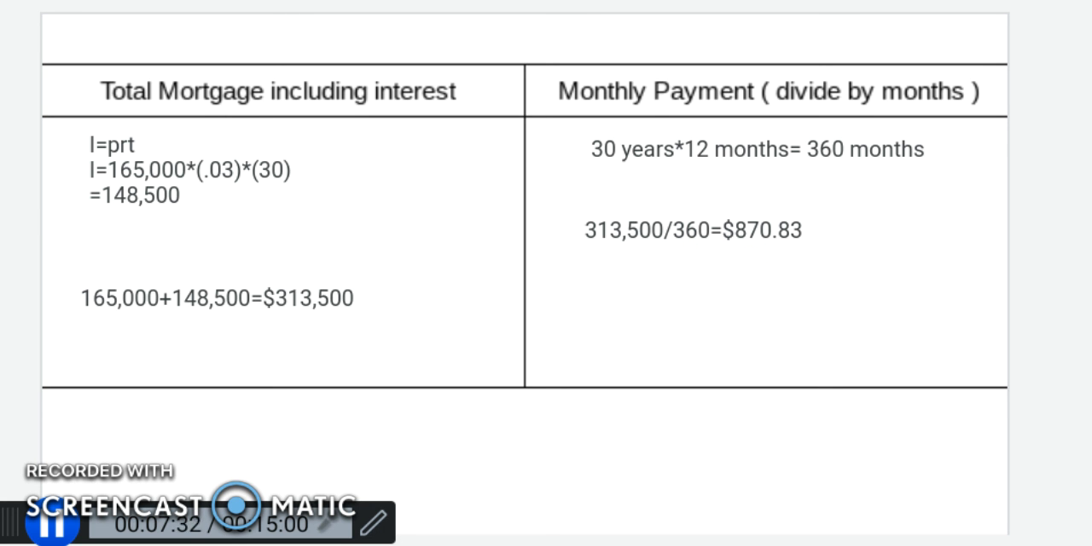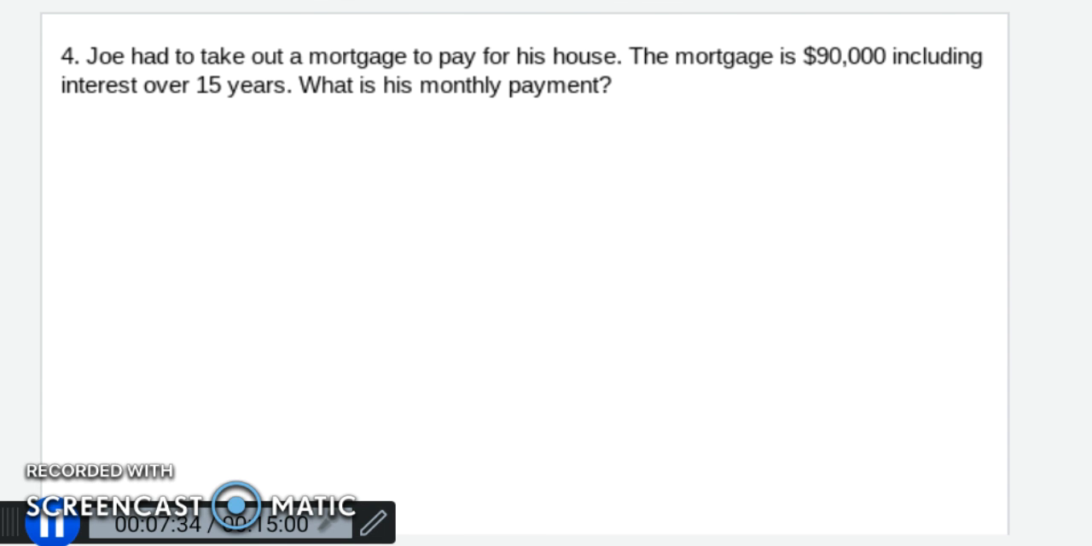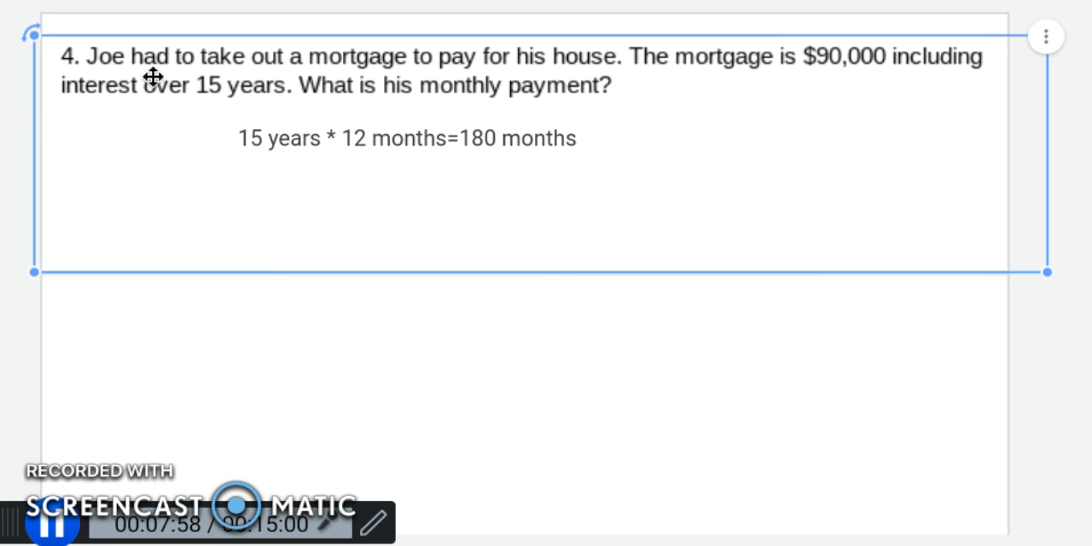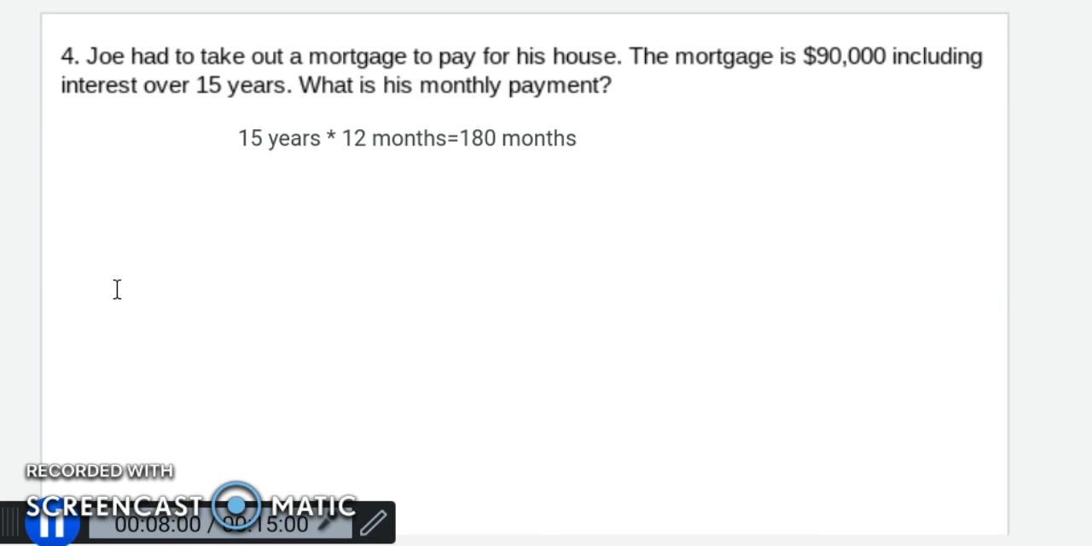Last one is very short and sweet. Joe had to take out a mortgage to pay for his house. The mortgage is $90,000, including interest over 15 years. What is his monthly payment? So we know that 15 years is going to be 180 months. And they already give us the total including interest. So all we have to do is divide that total, $90,000, by our 180 months, and we should get a monthly payment of